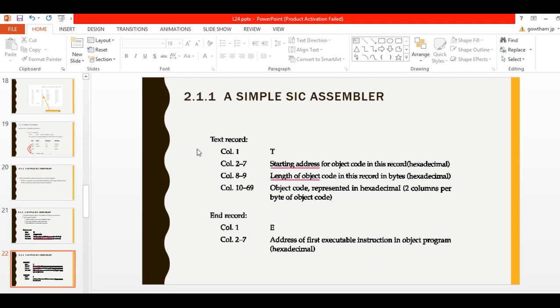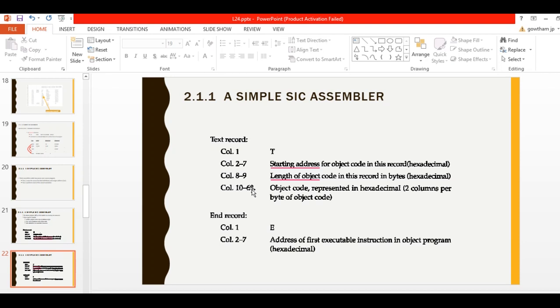The next record is the text record. Column 1 is T. Then columns 2 to 7 hold the starting address of the object code. Then 8 to 9 hold the length of that record. In each text record you can write the object code only in columns 10 to 69.